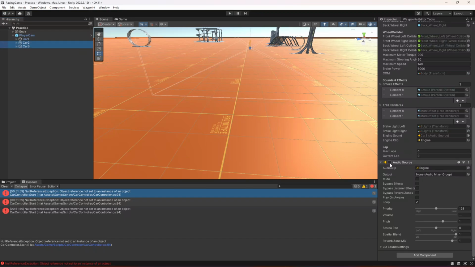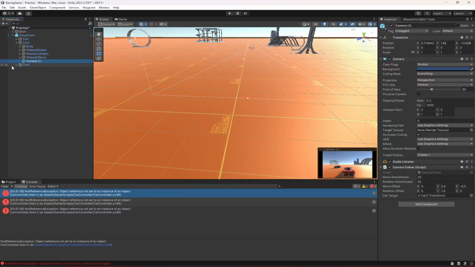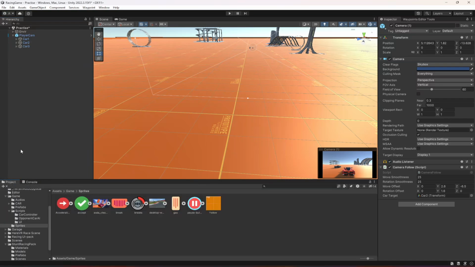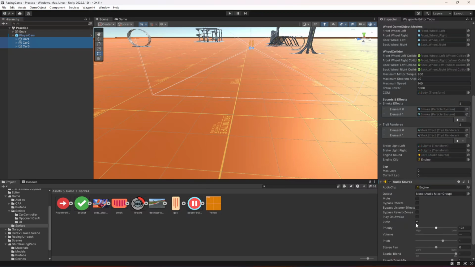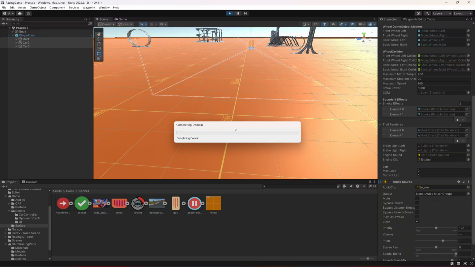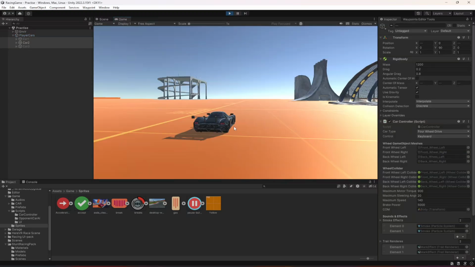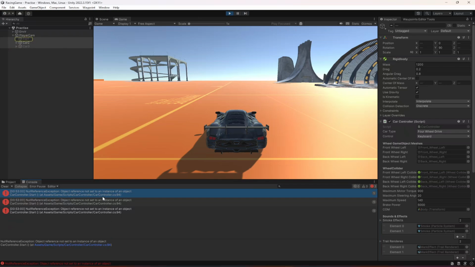I think there is nothing missing, but it still shows this error. If we open up their cameras, as you can see, everything is added as expected. Just enable the audio source and let's play it again and see if it shows that error again. Okay, it's still showing it